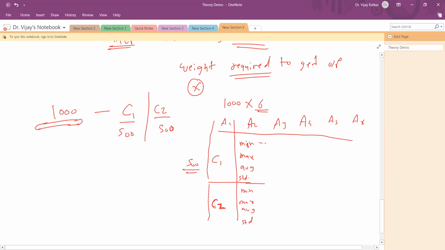Let's say the minimum of attribute A1 for class C1 is 10, maximum is 40. For class C2 it is again 10 and maximum is 40.